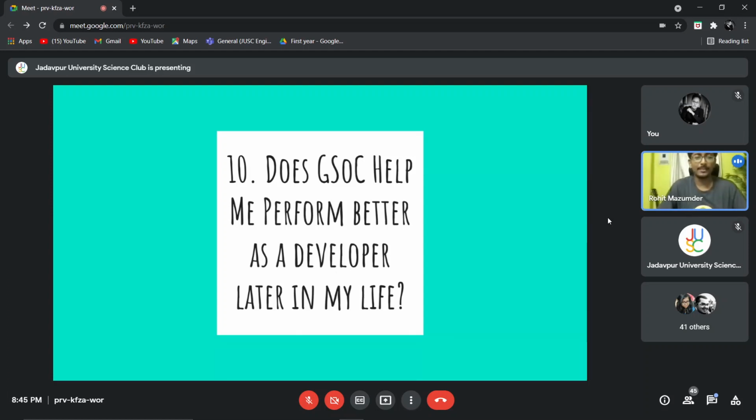For example, many people out there are doing full stack courses and development courses on Udemy, on YouTube and so on. But GSoC is very different from those courses, and I'll tell you why. Those courses basically focus on a particular language or a particular stack. Some course may teach you the MERN stack: MongoDB, Express, React, Node, and so on. So you are learning that stack and learning to build your application, but you are not learning the